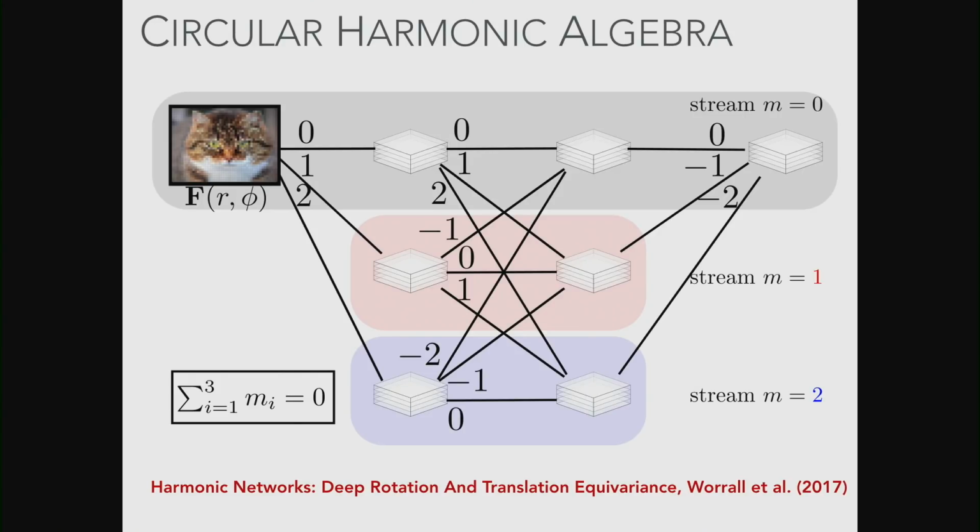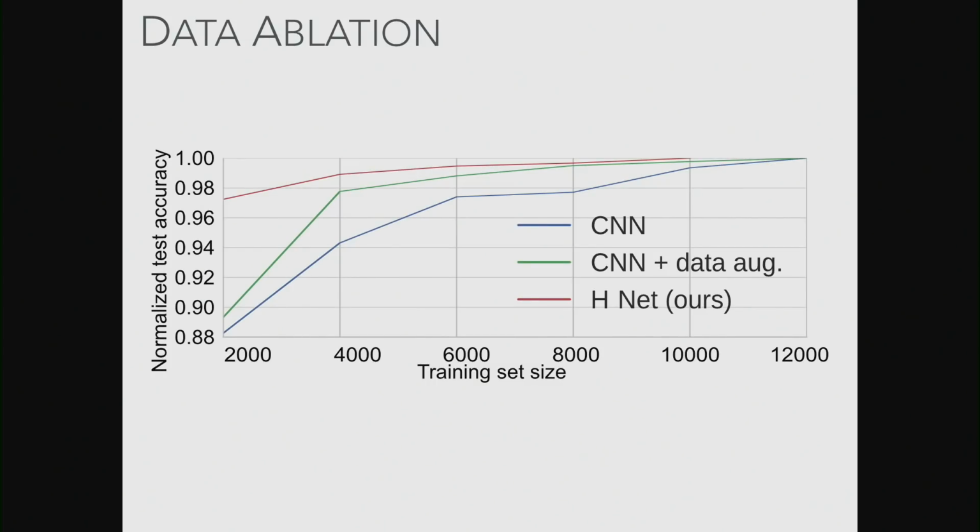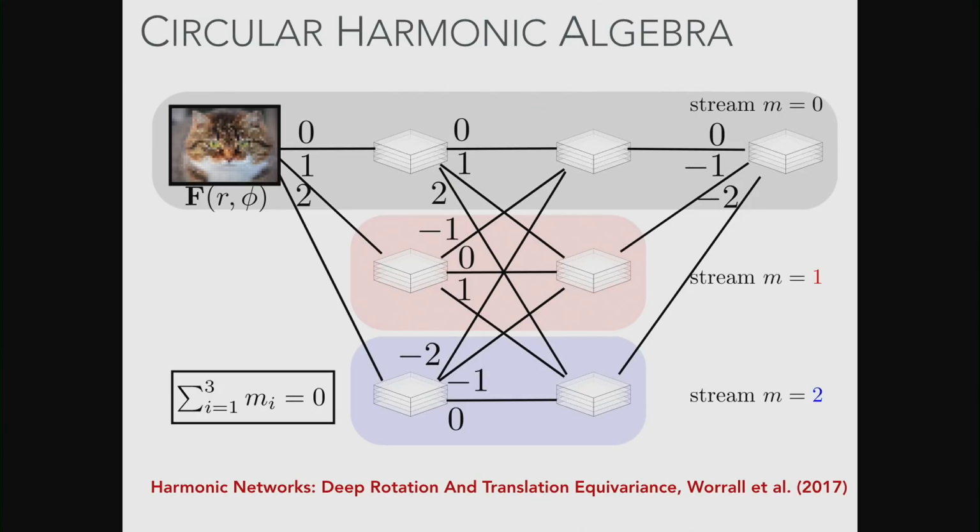And then the nice thing is we can always convolve things back down to this 0 frequency stream, or 0 frequency filter, or response, which basically is invariant to input angle. And okay, so this is the harmonic network. We published this last year at CVPR, and had a very nice time in Hawaii. And yeah, people liked the paper, so it's nice.